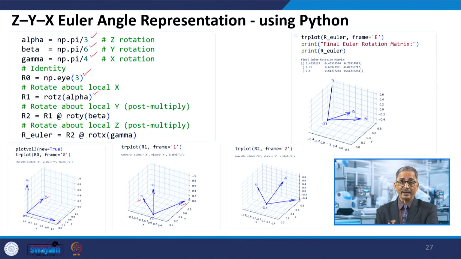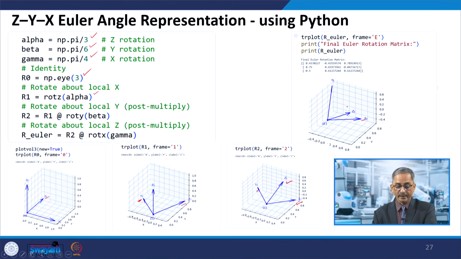Remember, I am again repeating, in case of fixed angle representation, the rotations were performed about the fixed axis. And in the Euler angle representation, we are performing rotation about the rotating axis only. So, the next rotation is about say y axis. So, that rotation has to be about this axis. So, your z and x go to this position, and the last rotation is about the x axis. So, this and this they are essentially the same, and then your y and z rotate and they get to this